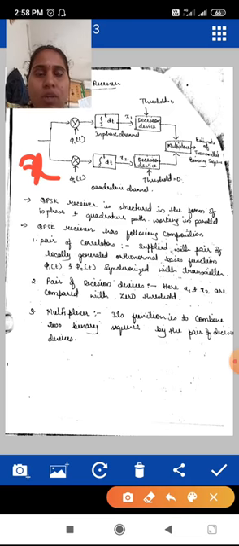There it is compared with the threshold. If x1 is greater than 0, then the decision is taken in favor of 1. If it is less than 0, the decision is taken in favor of 0. If x2 is greater than 0, the decision is taken in favor of 1. If x2 is less than 0, the decision is taken in favor of 0. Once the decision is done, both the signals are multiplexed and the estimate of the transmitted symbol is done.